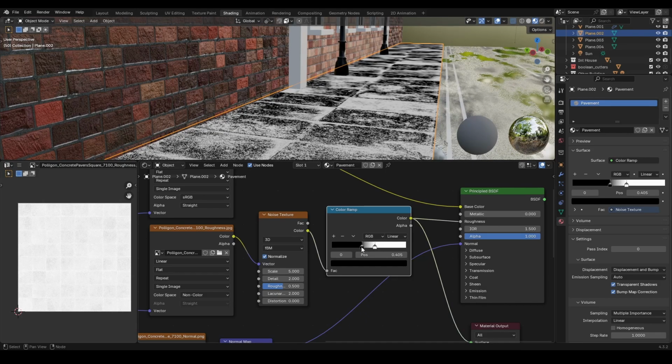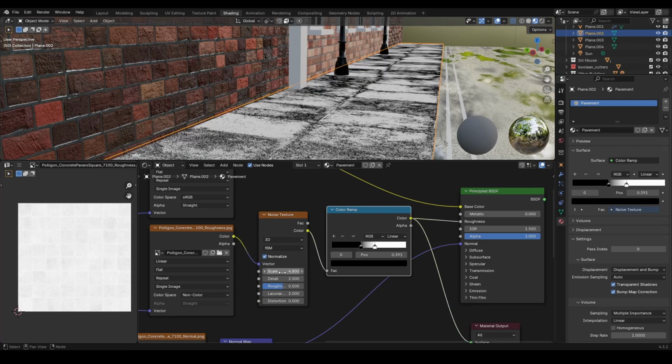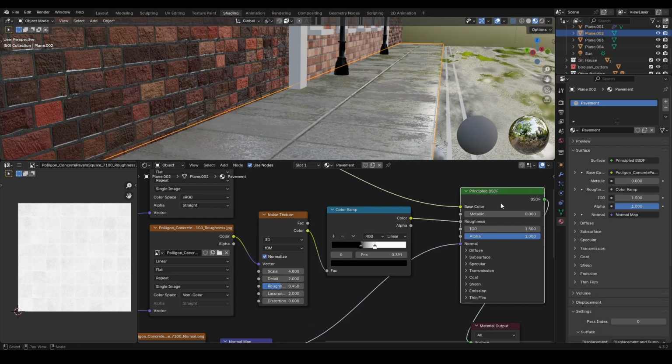You can just alter these to what you would like. You can change the scale just to kind of change the pattern. The roughness, you can't really see it there, but if you click on BSDF and go Control Shift left click again, we can see it's on there. So you can change the roughness and it just makes it look a bit more reflective when you turn that up. You can also change the detail, which kind of changes the sharpness, but it